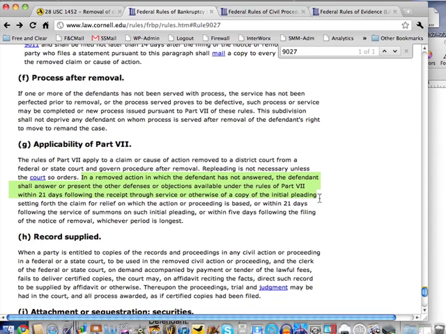Okay, the initial pleading, they have to do this within 21 days of the initial circuit court action, or within 21 days following service of summons of the initial pleading, or within 5 days following the filing of the notice of removal, whichever period is longest. So this is really important. In other words, the longest period is